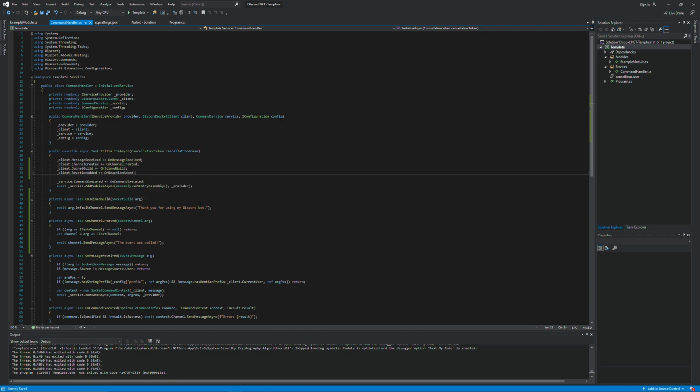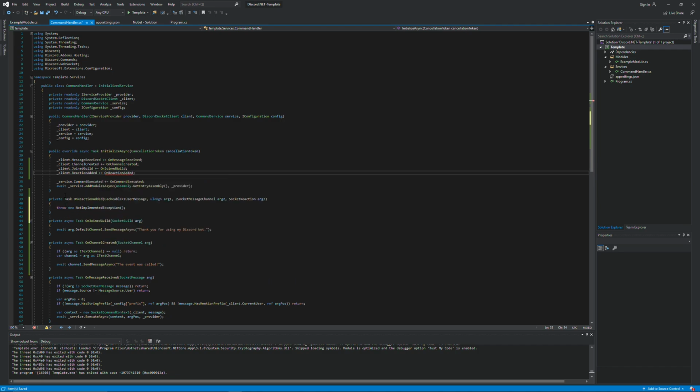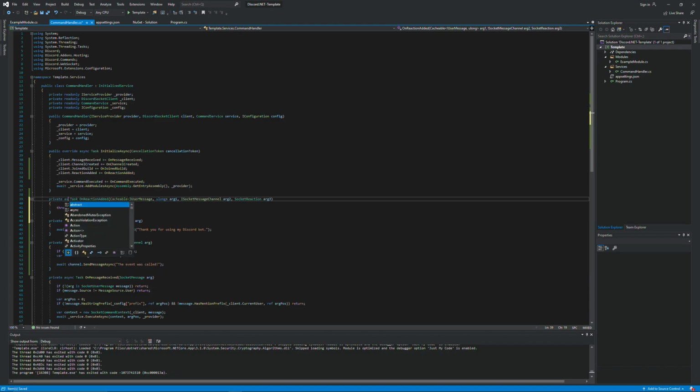And you can use this, for example, to give someone a role in your server, or do some fun with it. Doesn't really matter, but you can do something with it that you like. Again, generate a method, make the task that it just generated asynchronous, and here you're going to get a lot